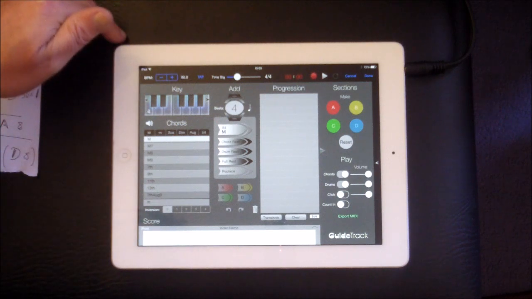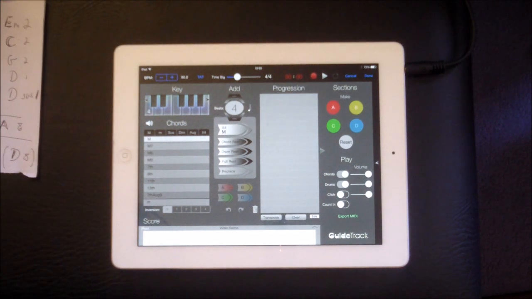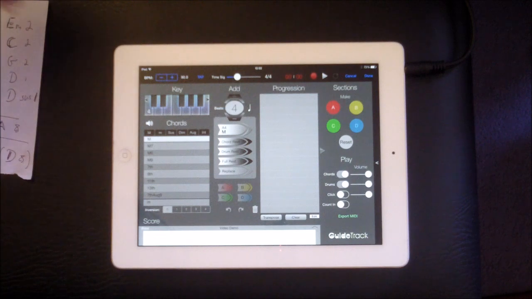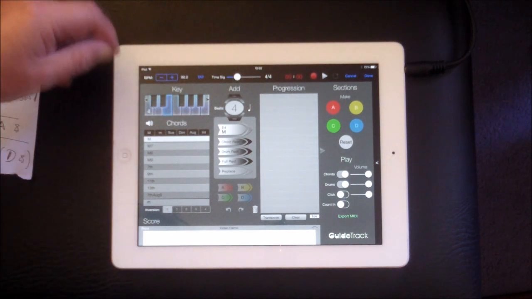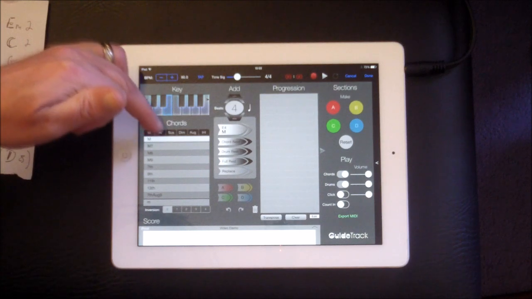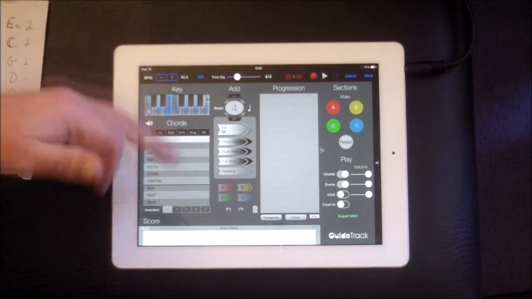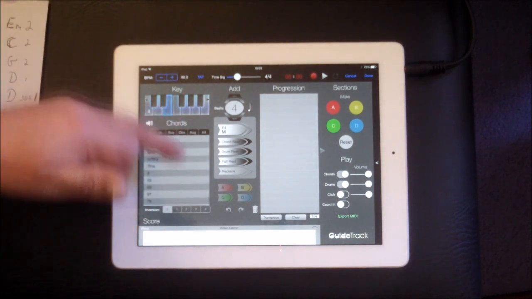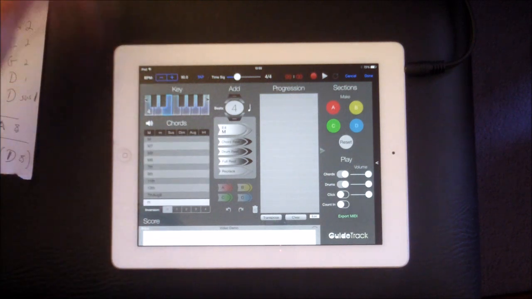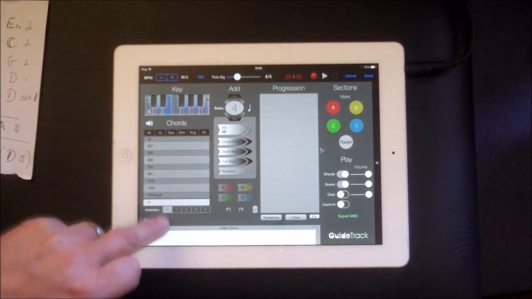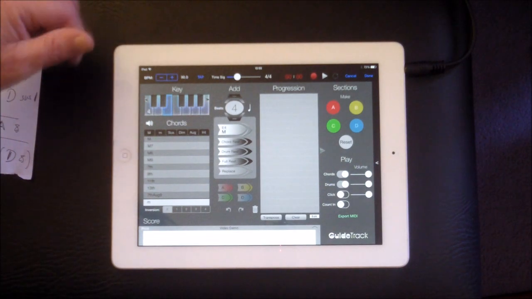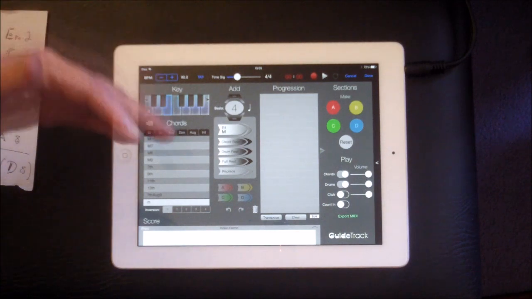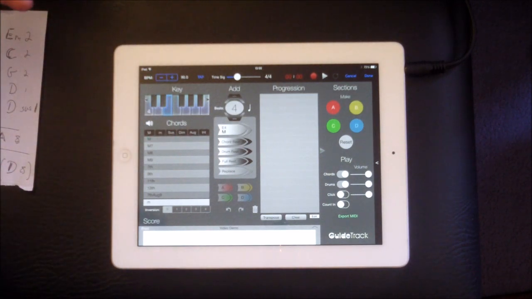But anyway, to select our chord, I want to start with an E minor. So we just hit the E key there, and we select the little M, which is the minor chord. Now you can see all these chords you get here. Absolutely stacks and stacks of different chord shapes, and you can select all the different inversions of those chords as well. That's really great, and it's very handy. But we're not going to go into too much of that because that's self-explanatory. You can see how that works.